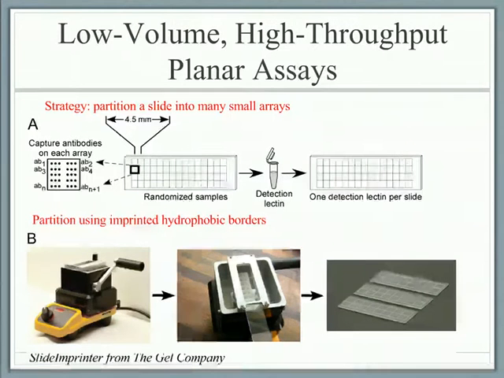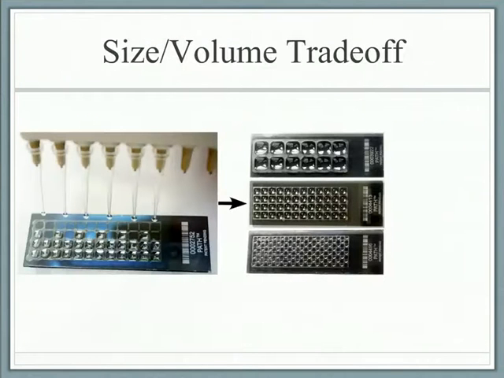The way that we partition the slides is using what is called a slide imprinter from the gel company. A microscope slide is inserted upside down into the holder on top. It's a hot plate with a wax bath, and hydrophobic wax is melted in the hot plate. A stamp residing in the hot bath is elevated to contact the slide when the lever is pulled, thus imprinting a wax pattern onto the slide, which forms hydrophobic barriers. And so then a small volume of sample can be loaded into each well,